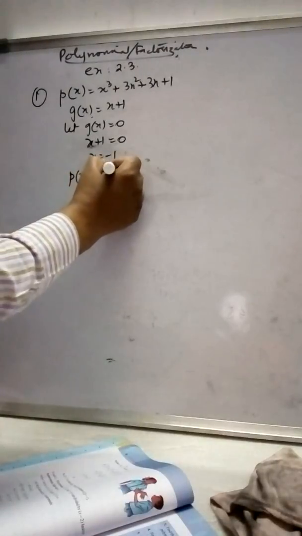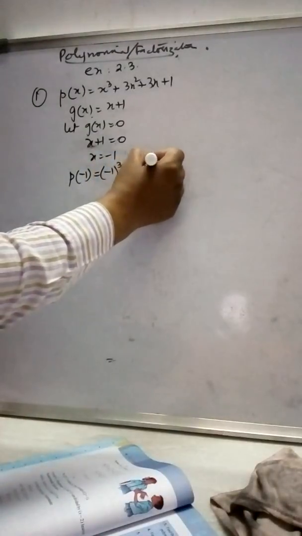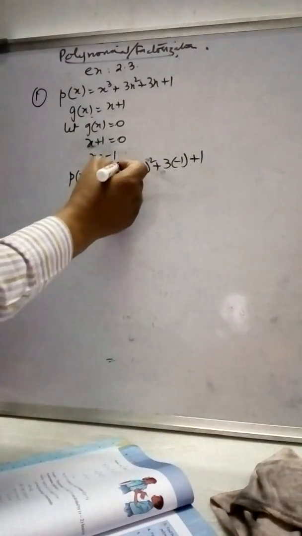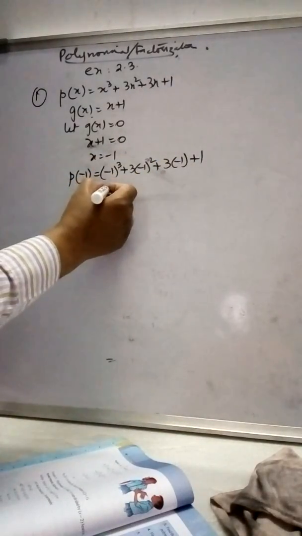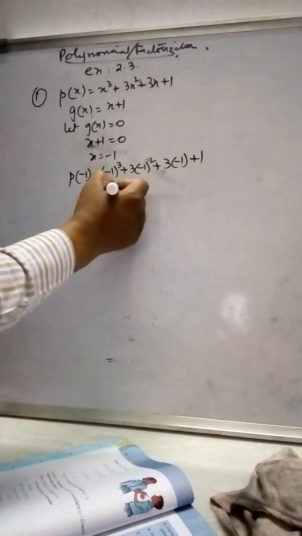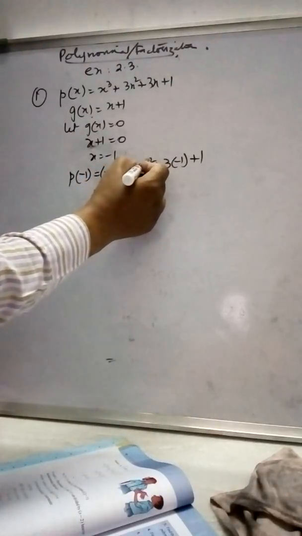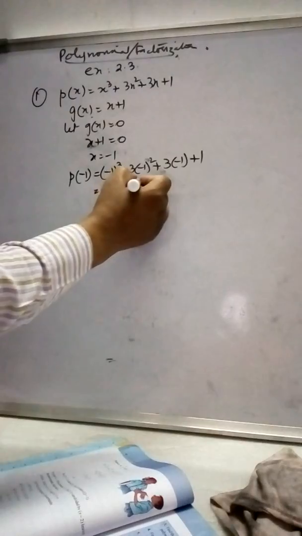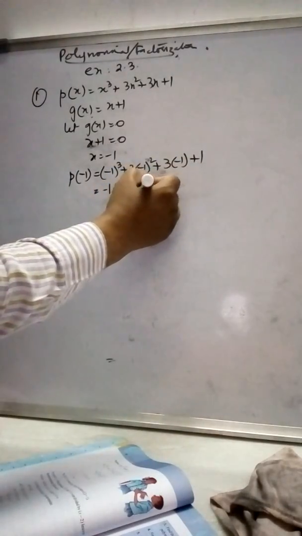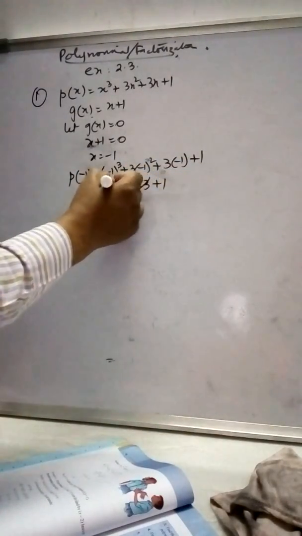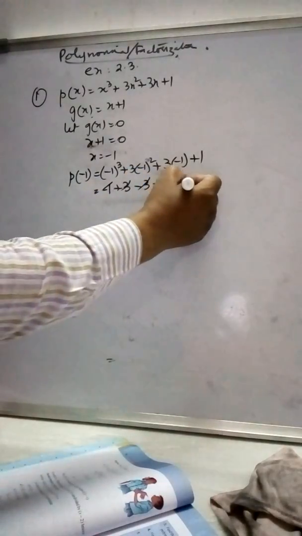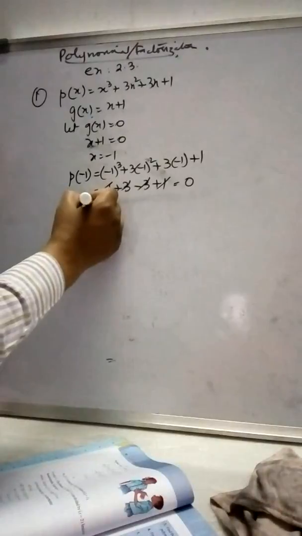Now it will be p of minus 1, which is equal to minus 1 whole cube plus 3 into minus 1 whole square plus 3 into minus 1 plus 1. Since the power is odd, minus remains as minus 1; since the power is even, minus changes to plus, 3 ones are 3; plus into minus, minus 3, plus 1. So minus 3 plus 3 plus 1 minus 1 gets cancelled. Answer is 0. Therefore you can say that remainder